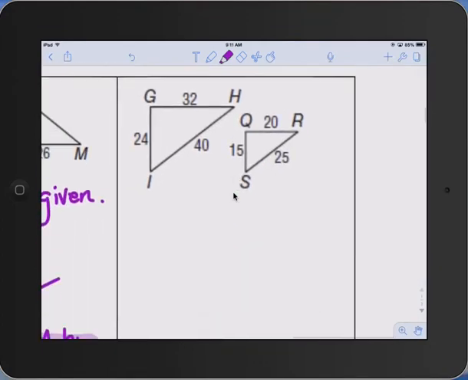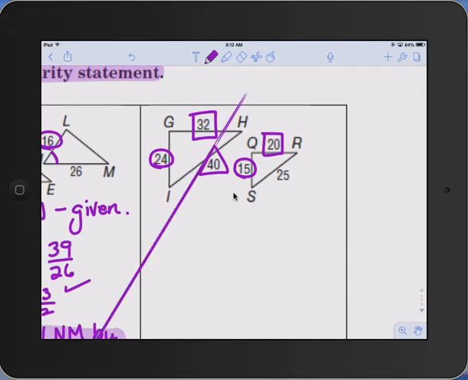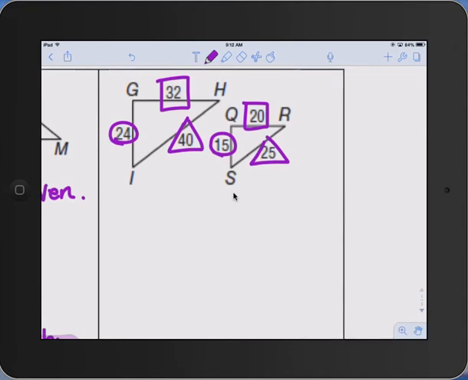Okay, and then the last one looks like it's going to be side, side, side. Let's check and make sure. Shortest side here is 24. Shortest side here is 15. Medium side's 32. Medium side's 20. Long side's 40. Long side's 25. So when we compare, usually when you're doing all three sides, I prefer to do 24 to